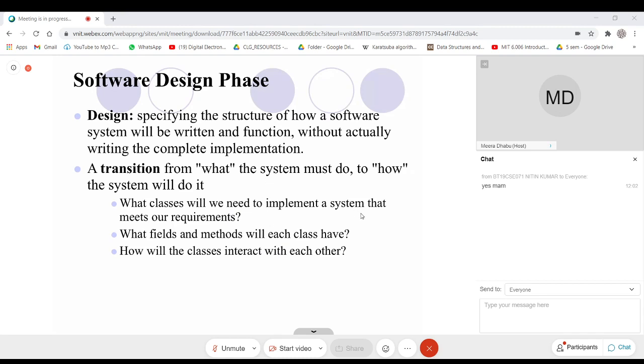All this information will be put together with proper planning during the design phase.